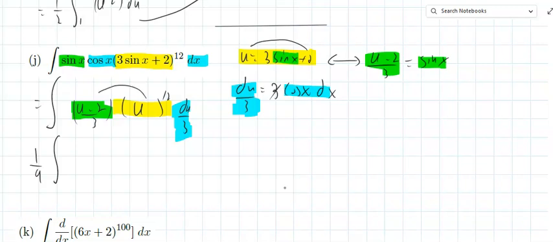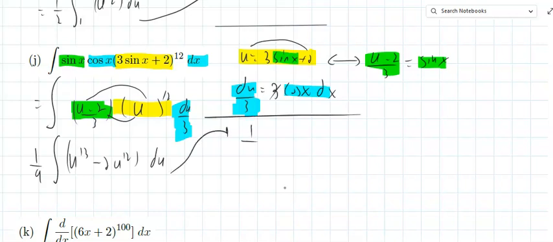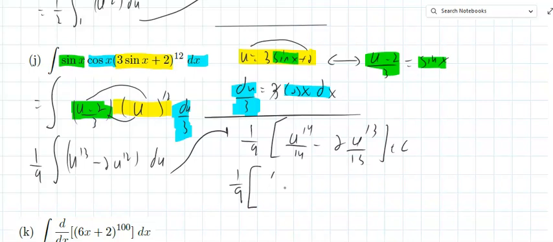And if I distribute this in, that's u to the 13 minus 2u to the 12 du. And that would be 1 over 9 u to the 14 divided by 14, add 1 to the power, u to the 13 over 13 plus c, and that is 1 over 9 times, remember what u was,